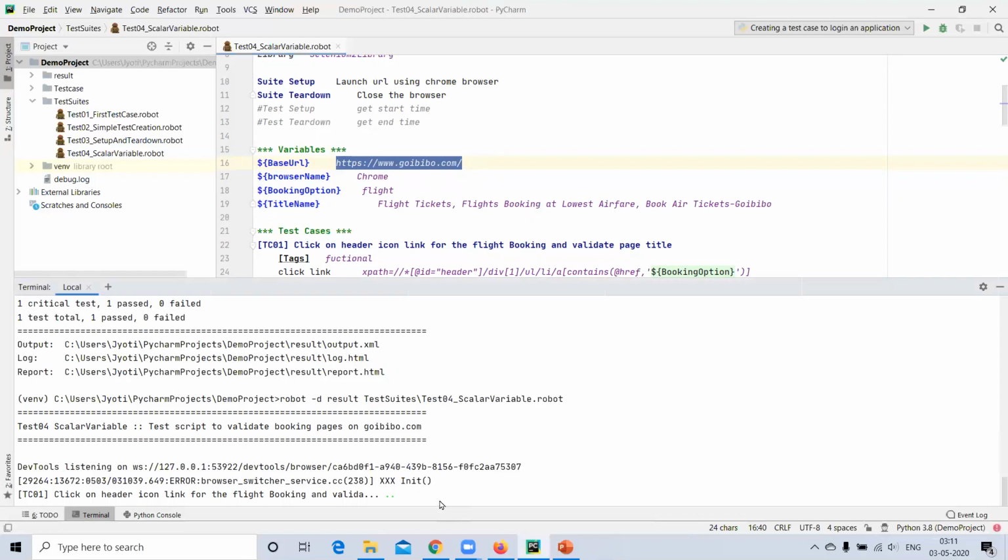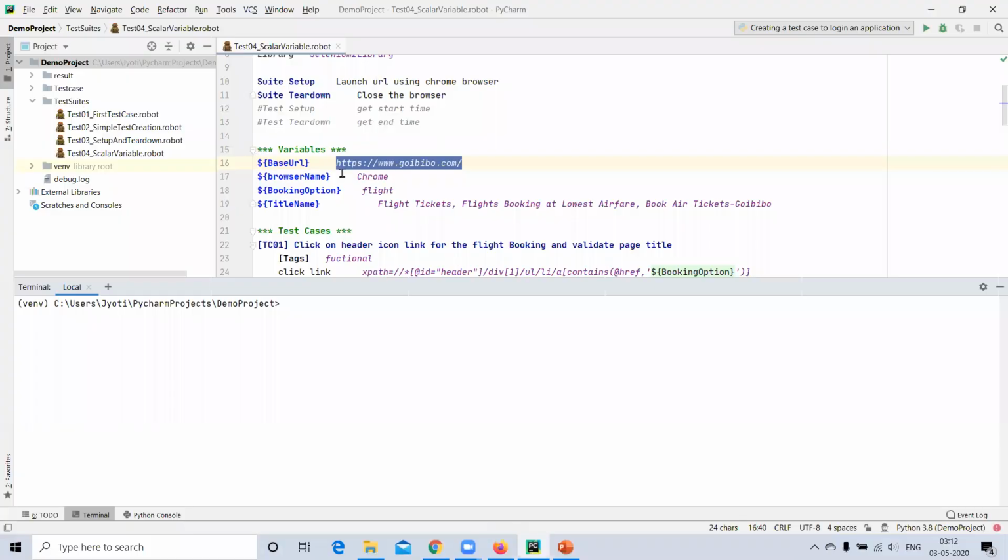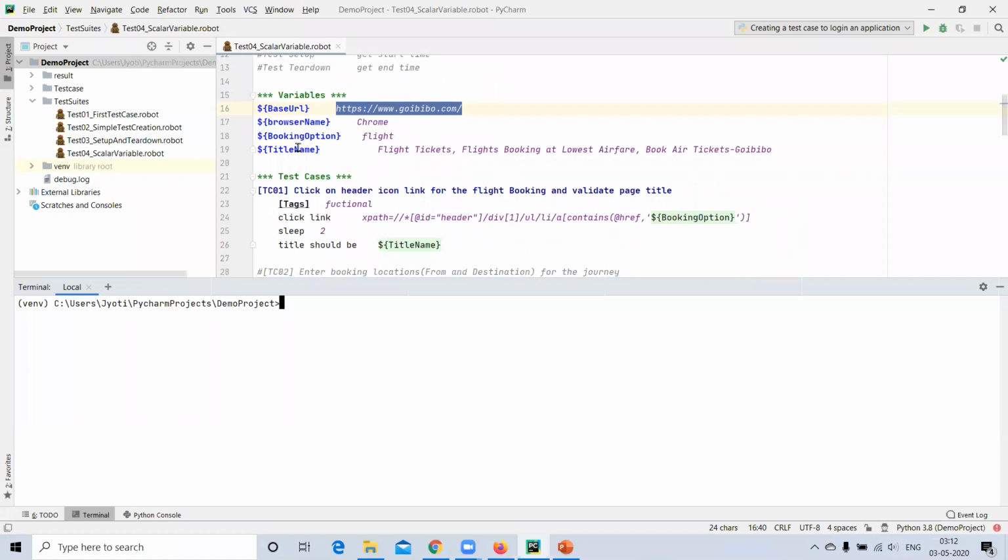Okay, so I changed the base URL. Then we'll be clicking on the booking option. Let me execute this.